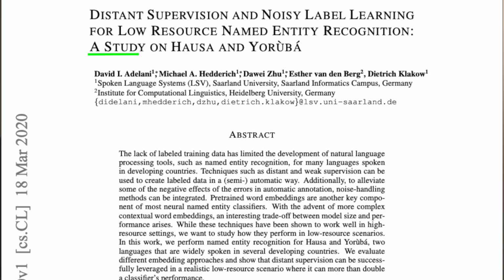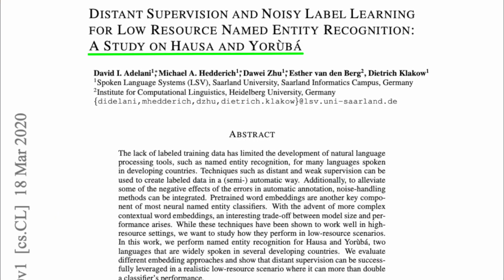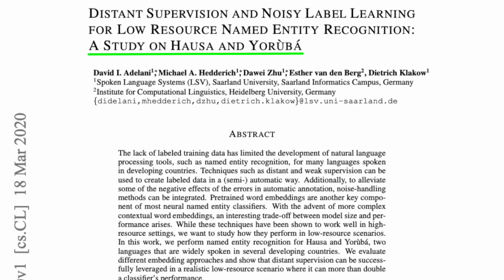Today I'll be covering an ICLR 2020 workshop paper on named entity recognition, specifically named entity recognition in a low resource setting environment. The paper studies the performance of NER for two low resource languages, Hausa and Yoruba. I hope I'm pronouncing those correctly, as those two languages are the second and third most spoken languages in Africa. The paper essentially wants to assess whether different embeddings and distant supervision methods can help increase the performance of NER models. I hope you will find this video useful.